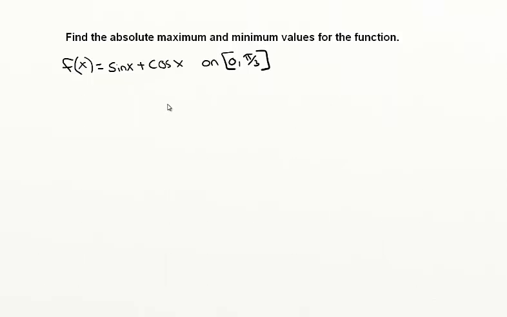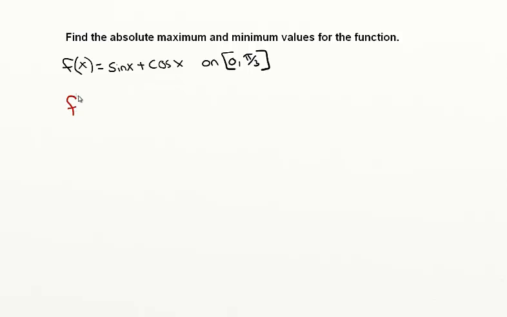In this video we're going to find the absolute maximum and minimum values for this function, f of x equals sine of x plus cosine of x, on the interval 0 to pi over 3. So the first thing we want to do to find the maximum and minimum values is figure out where the critical points are. In order to find the critical points of the function, we're going to need to take its